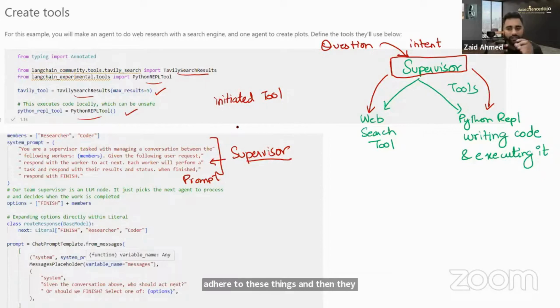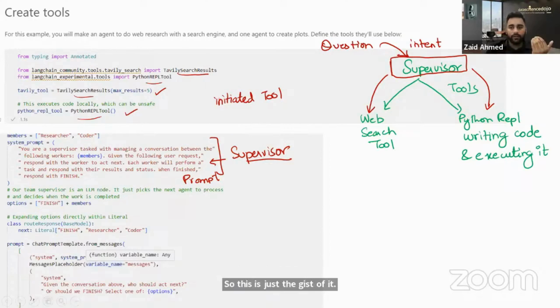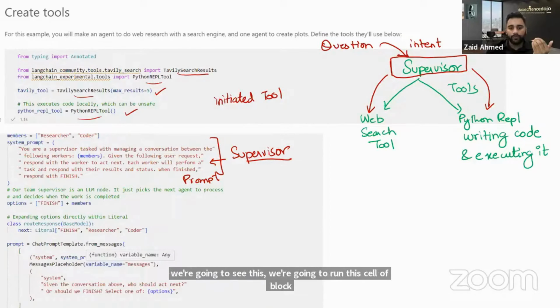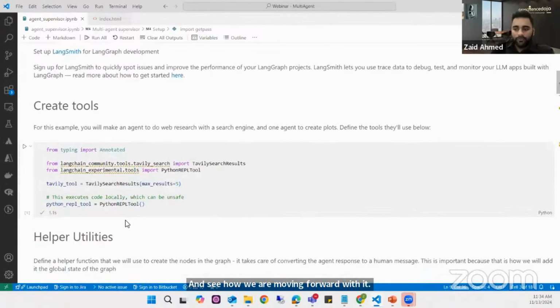So this is just the gist of it, and we're going to run this cell block and see how we are moving forward with it. All right. So up till now we have discussed how we create tools,